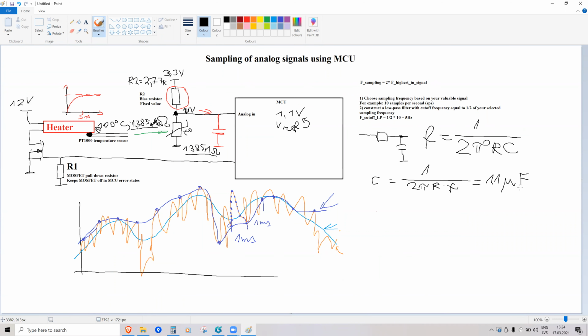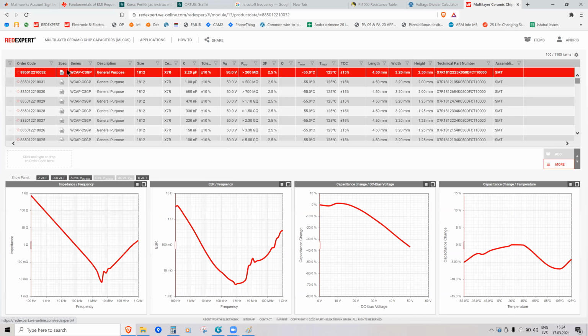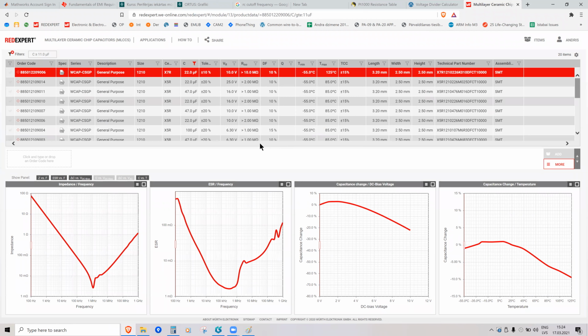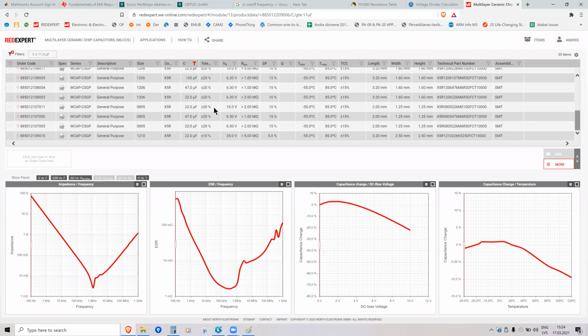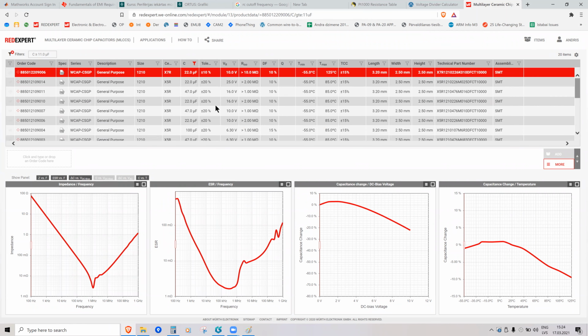I need 11 or even more. I can take 12 microfarad if I want to. So in this filtering environment, I can select capacitance of 11 microfarad or more. And you can see that there are some capacitors, but there is one extremely important thing,